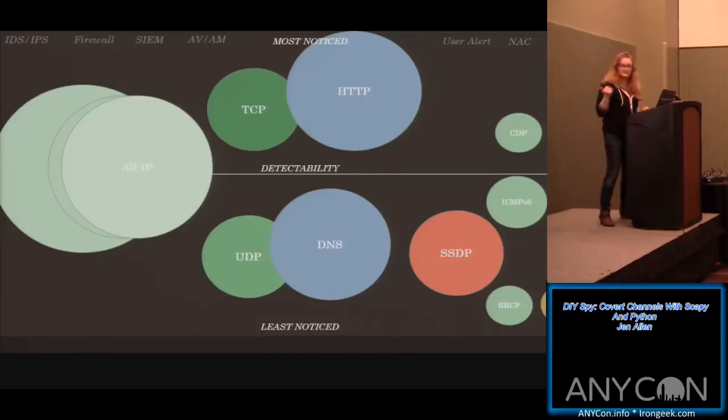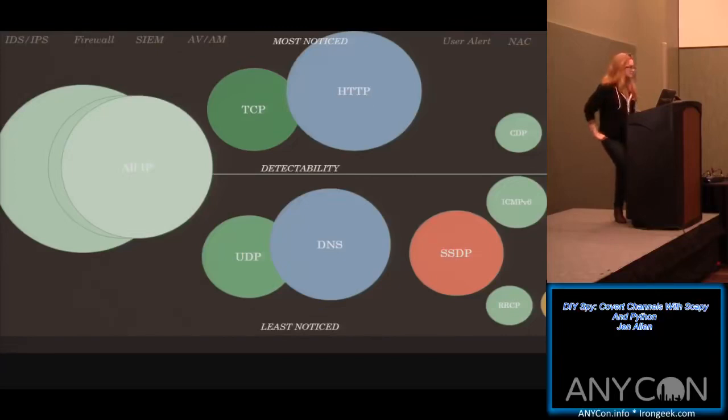So SSDP, and I'll talk about this one in a little bit. This is a really interesting HTTP over UDP protocol that you'll see a lot of from smart TVs, and it's actually a service discovery protocol. RRCP, which is the Realtek Remote Control Protocol. I caught some of that in a packet capture the other day. Some custom apps, some really fascinating stuff out there. So there's a lot of protocols that you may catch in the living environment that you won't see in public data or in research papers.